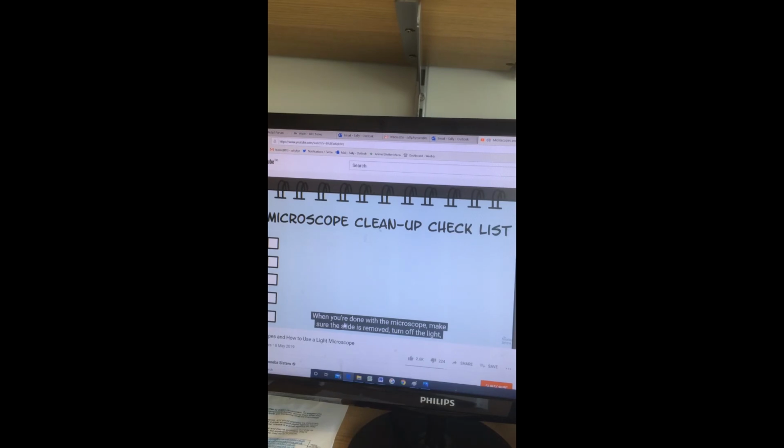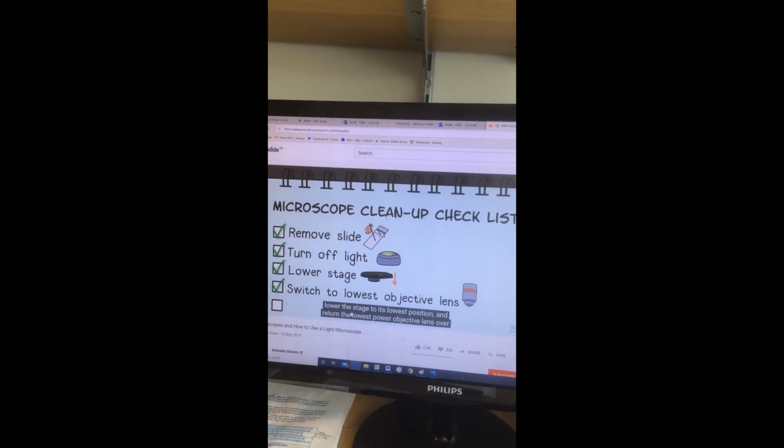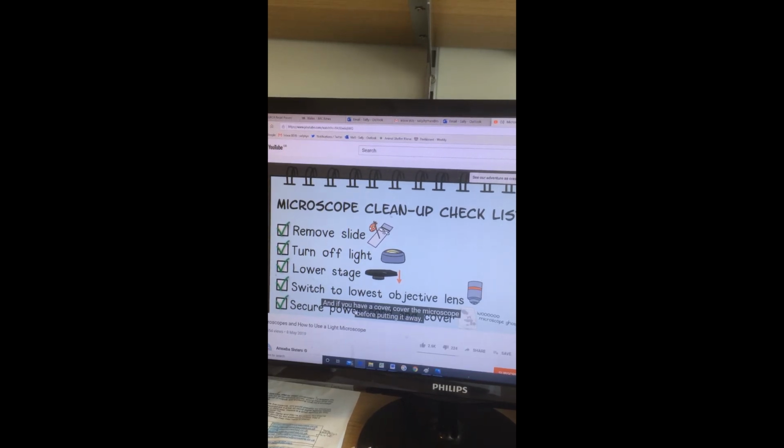When you're done with the microscope, make sure the slide is removed, turn off the light, lower the stage to its lowest position, and return the lowest objective lens over the stage. Unplug it, wrap up the power cord, and if you have the microscope cover, cover the microscope before putting it away. Now please complete